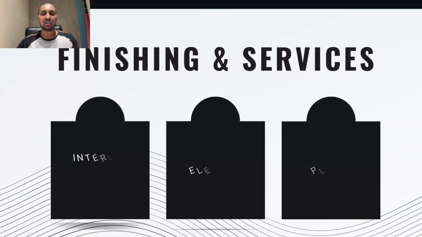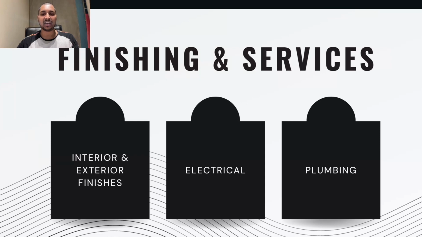After the construction work for the core and shell is completed, it's time to focus on interior and exterior finishes. Select the best finishes that complement your overall design theme. The most common finishes in India include tile, paint, woodwork, and aluminium windows. Along with that, you also need to take care of the services part, which includes electrical and plumbing installation.